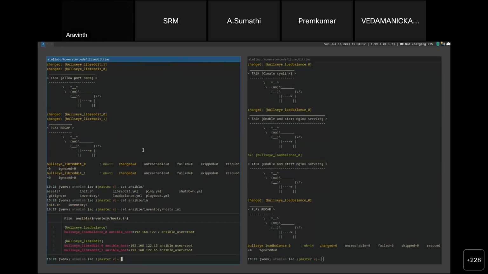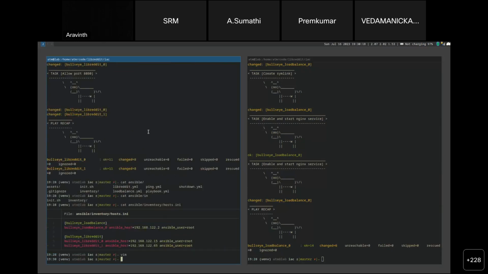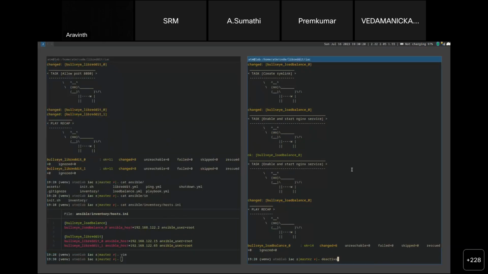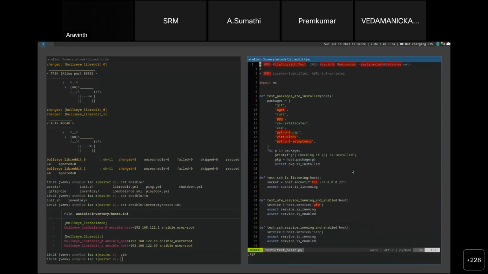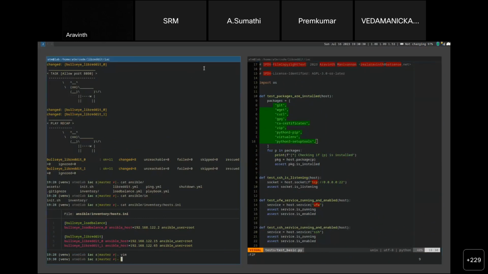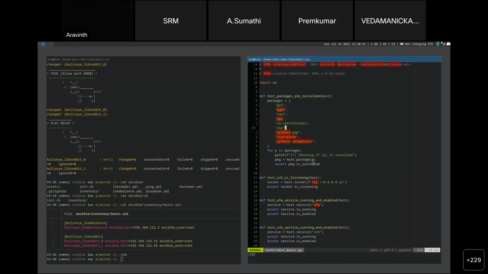And now let's test our VMs. Like I said, I'm using a library called testinfra, and it's very simple to define tests. So we installed these applications in our first playbook. Using testinfra, you can test if the package is installed. It's this simple. One does not need advanced Python knowledge to do this.